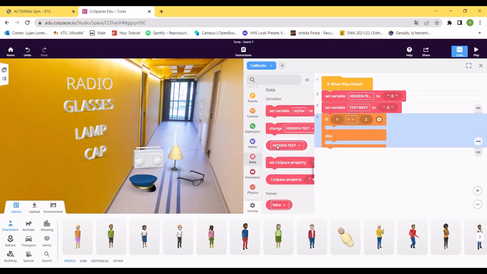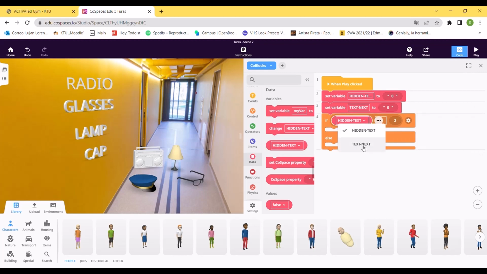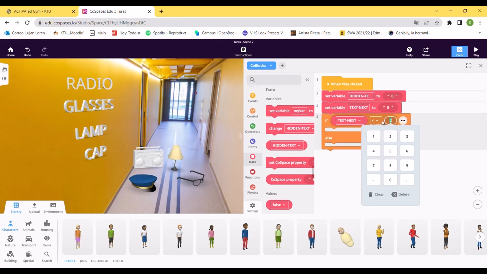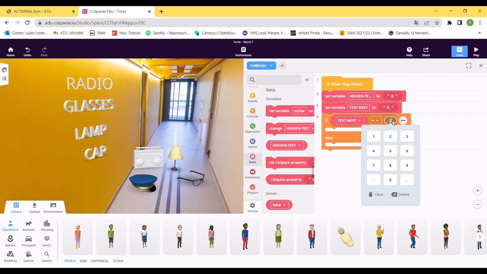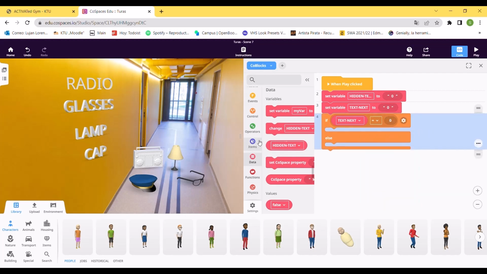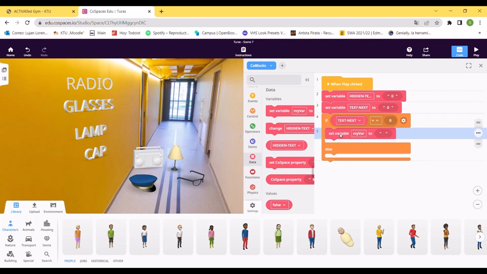If, here we have to choose this. If text next is equal to 0, we are going to set variable to one. Then